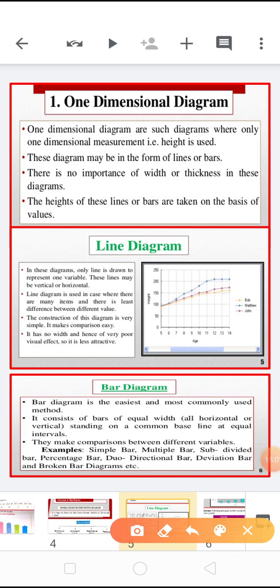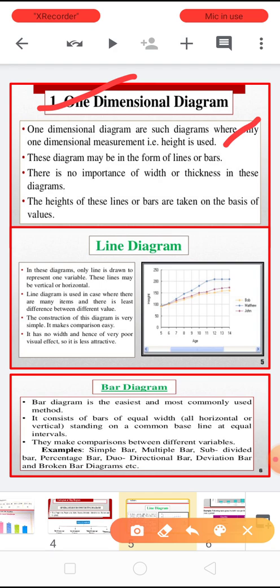What is one dimensional diagram, children? One dimensional diagrams are such diagrams which only have one dimensional measurement, that is height is used. I mean in these diagrams we are representing the values only in height. These diagrams may be in the form of lines and bars, and there is no importance of width or thickness